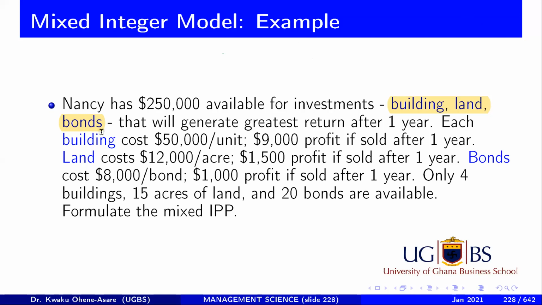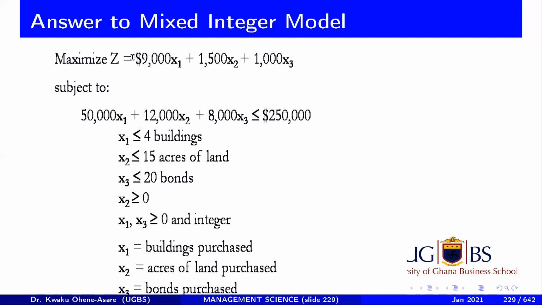Now bonds, and I'm talking about the paper bond, the paper you are holding. That one is a whole number. I don't want you to think too much. So building is a whole number, land is not a whole number, bonds is a whole number. With that in mind, you can now formulate your analysis. So do that on your own, and now I'm going to show you how to do the next stage. So if you do all of this formulation,